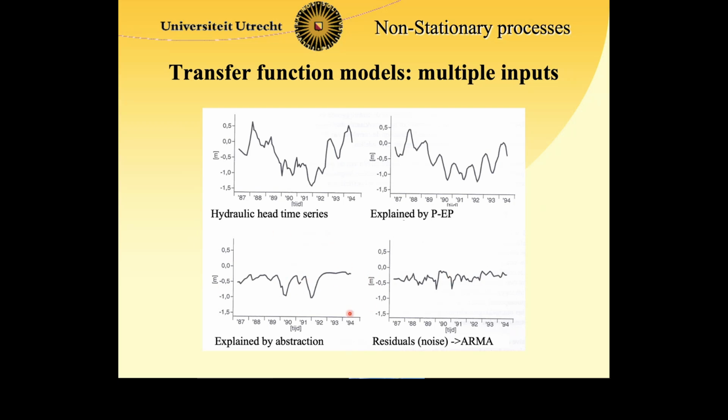Now, here you see that there is an average effect of the pumping of minus 0.5. It means that if the parameters of this particular transfer function model are significant, you can also, for a court of law, show that there is a significant effect, and the size of that effect can be calculated, of the groundwater pumping on the groundwater levels. So if a farmer, for instance, has desiccation damage,